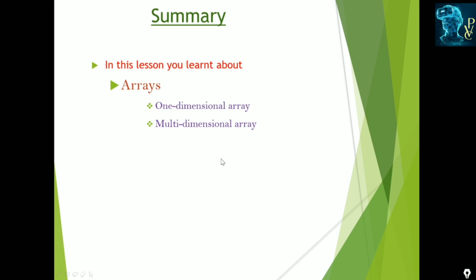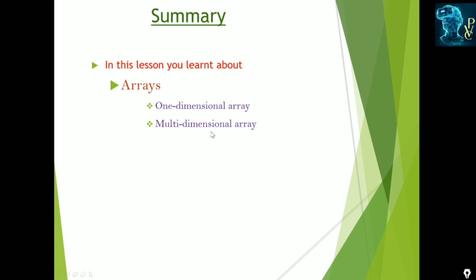Okay, in summary, in this lesson we learned about the different arrays. An array is a homogeneous collection of elements. In Java, an array is a container for objects and an array is an object, so we have to declare and instantiate it. Arrays have different types: one-dimensional arrays and multi-dimensional arrays.